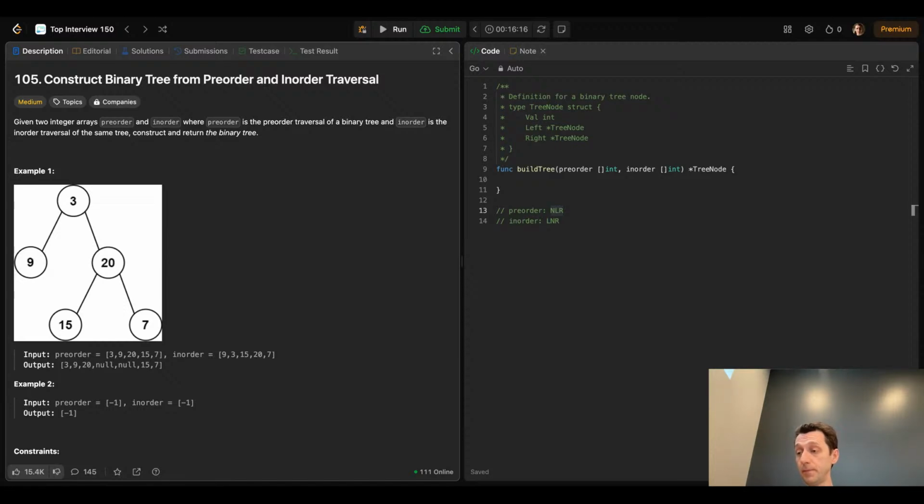So this is just preorder, which is NLR. So just NLR gives us that. But if we have NLR plus left node right, then